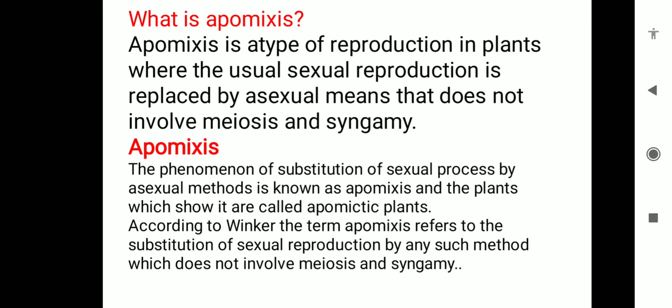So many kinds of methods are suggested in your NCERT book how the apomictic seeds has to be produced. For example, in first case discussed in your NCERT page number 38. In some species, the diploid egg cell is formed without reduction division and develops into embryo. What happens in the first case? The diploid egg cell is formed without reduction division. मतलब कि reduction division जो meiosis होना चाहिए था वो नहीं हुआ. Directly the diploid cell developed into the embryo without fertilization.